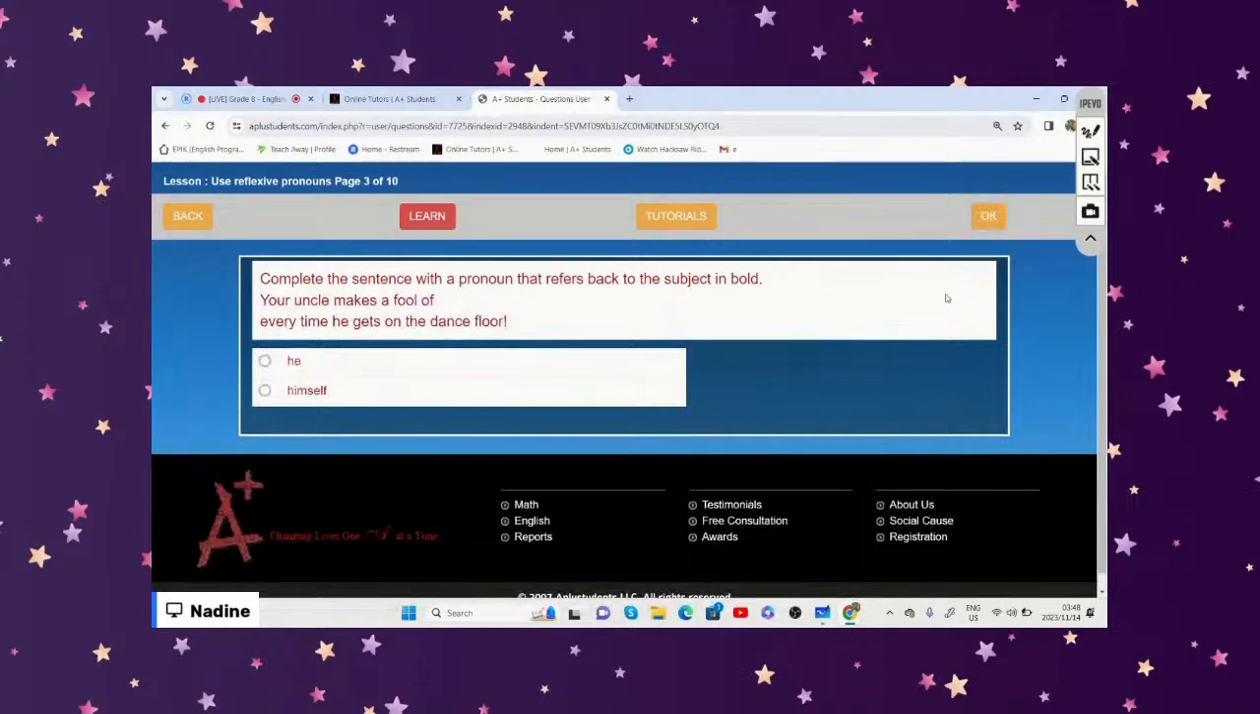Your uncle makes a fool of himself every time he gets on the dance floor. Is it makes a fool of he or makes a fool of himself every time he is on the dance floor? All right, so yes, we will choose himself, and that is